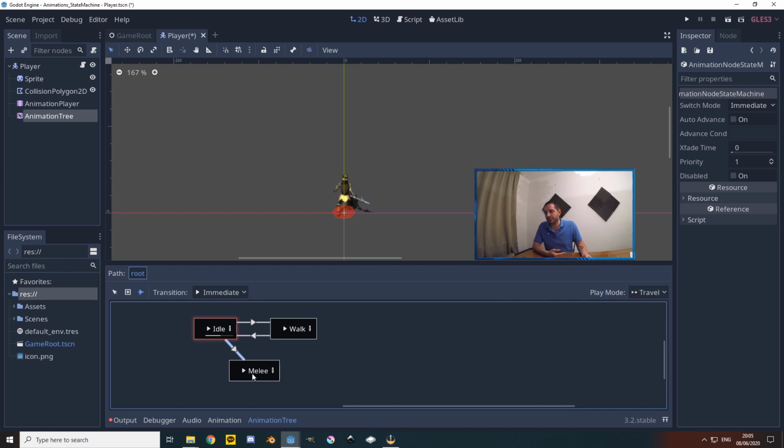But when we go back from the melee to the idle position, of course, we want that only to be possible whenever the melee has finished. The attack has finished. The animation needs to finish. The entire melee attack needs to finish, else you would be able to quickly lash out and then walk away again, and that's not what we want. That's also not how we've coded it.